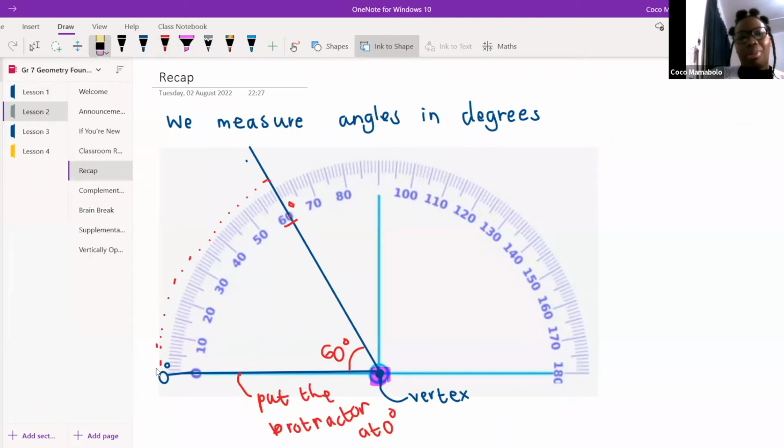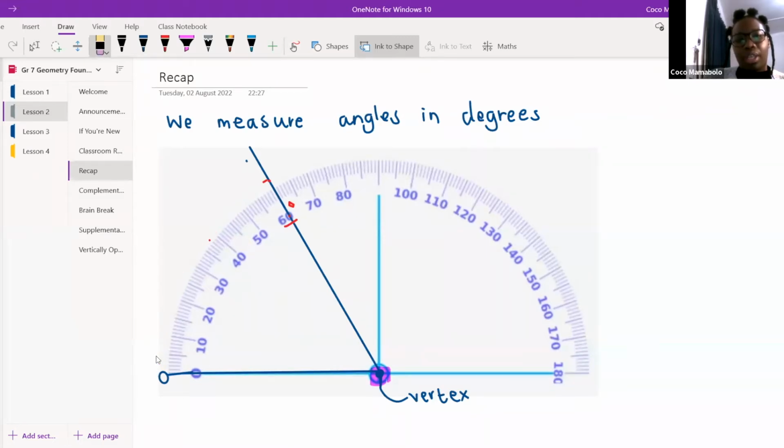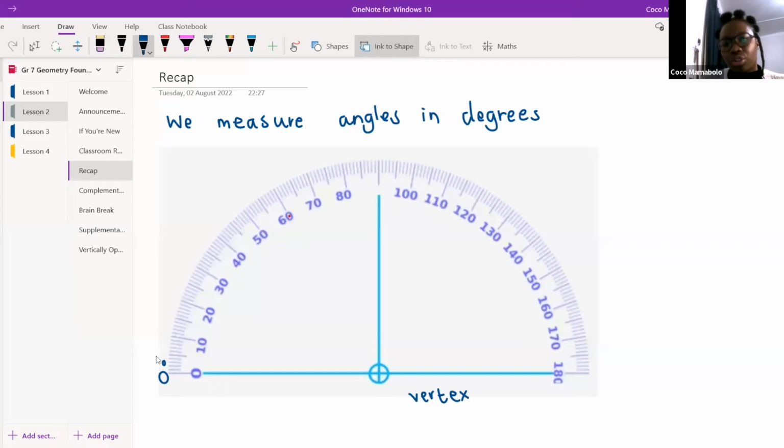Okay, so I want us to measure another angle, but I want somebody to unmute and help me. I want somebody to raise their hand, unmute and help me with this next one. Okay. Oh, Lina Manda, I see you. Excellent. Do you want to unmute for me and then tell me where I'm going to start drawing things? Where do I start drawing my line from? Where's my dot going to be? You start drawing your line from the vertex. Good. And then you go up until